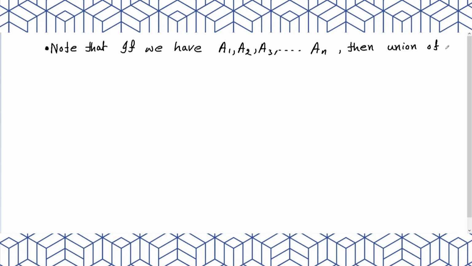Now if we have some sets like A1, A2, A3 up to An, then the union of these sets is written as